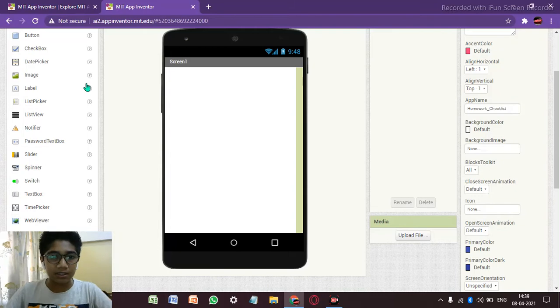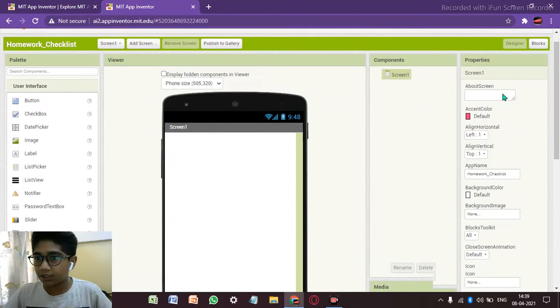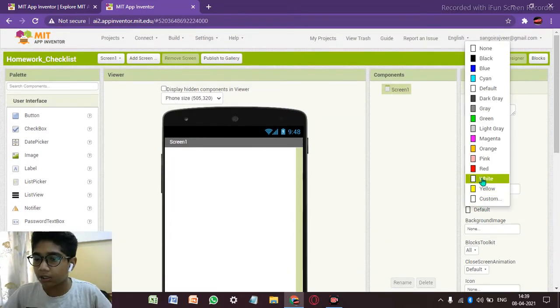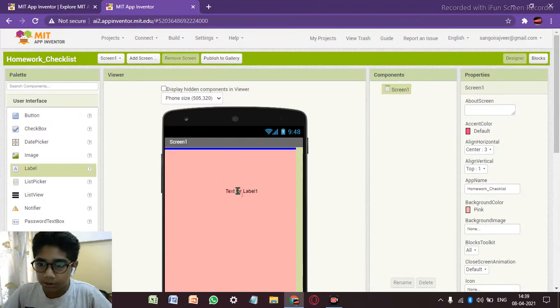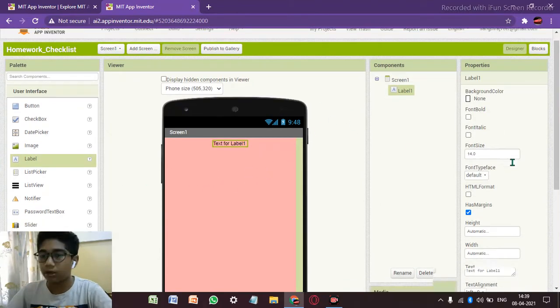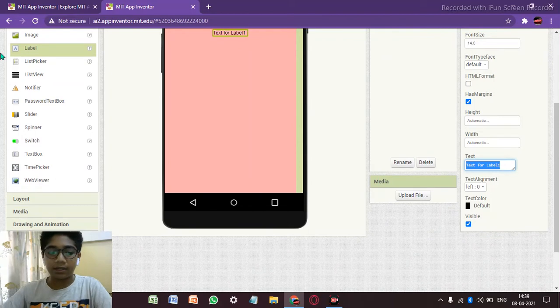First what we do is change the background color to pink and then center. Now just take a label. You know, it is for the title. So write here homework checklist.